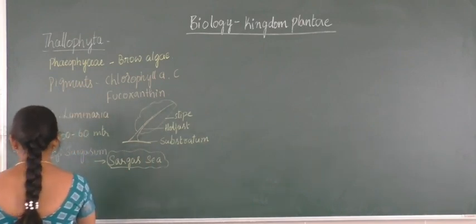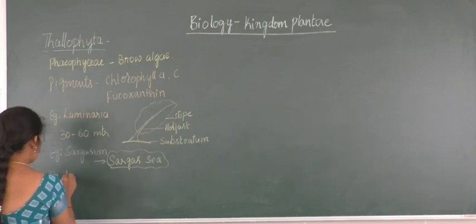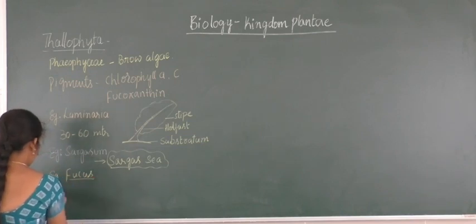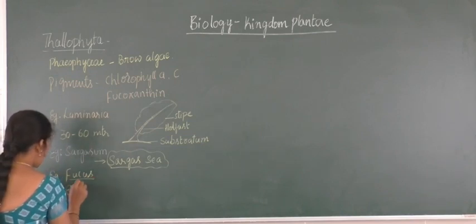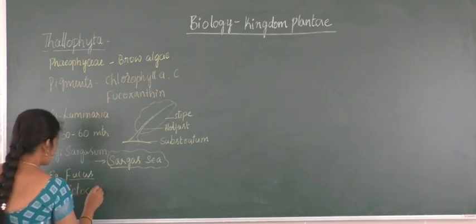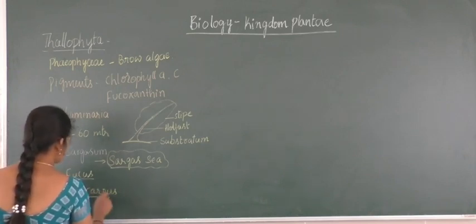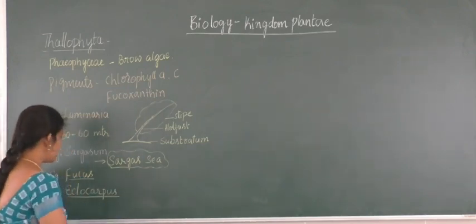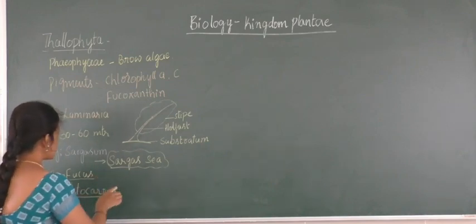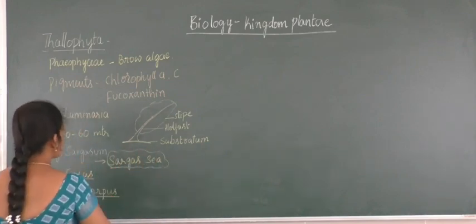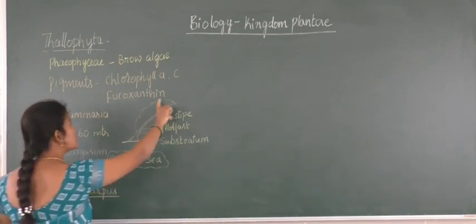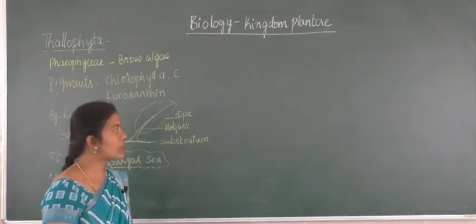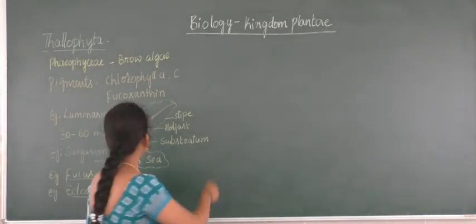So the next example is Fucus. Fourth example is Fucus, and there will be a special type of reproduction in case of Fucus. And the last example, Ectocarpus. So this is also special in the reproduction. So we'll take up these two in the next 5 minutes, regarding Fucus and Ectocarpus. Here regarding the Sargassum, the example is Sargassum. And Laminaria shows a leafy appearance where it is attached to the substratum and they consist of a holdfast and later the stipe, right.